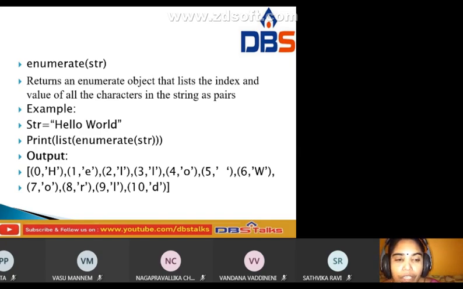The sixth value is W, then O, R, L, D. Like this you enumerate the list, the index and value of all the characters in the string as pairs, using list of enumerate of str.